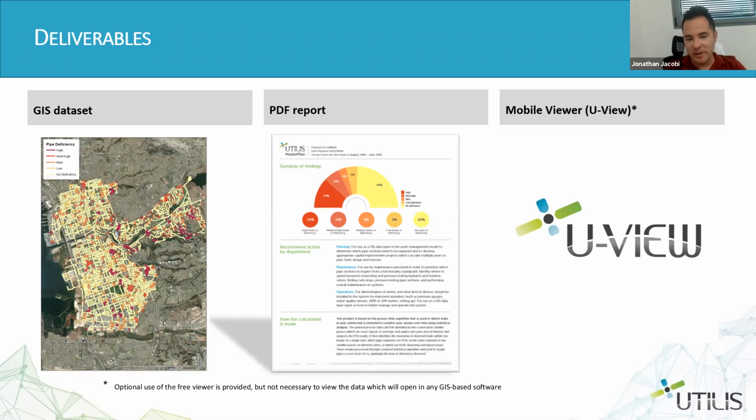We're also supplying a PDF report based on the information that we've supplied, basically giving them a visualization: 24% of my pipe is in high deficiency, 12% is medium, et cetera. And this gives them the opportunity, in some countries, depending on how the water utilities work, since every country, every state, every province is different, to go to the higher authority and say, look, based on this information, 24% of my network is in high deficiency.